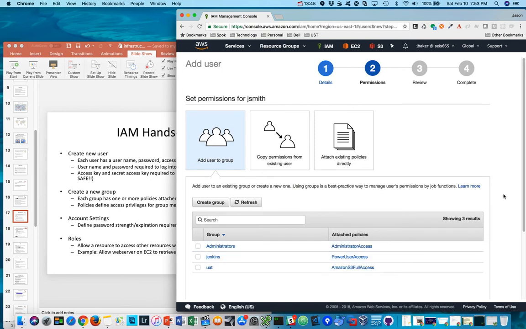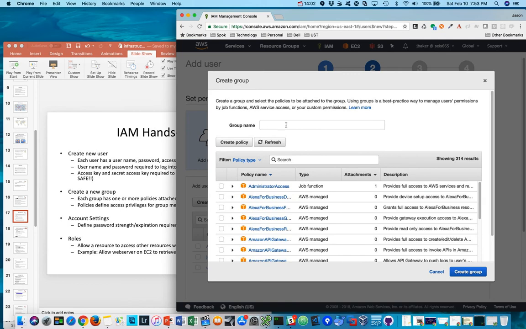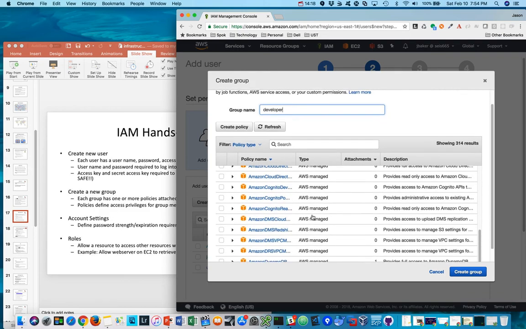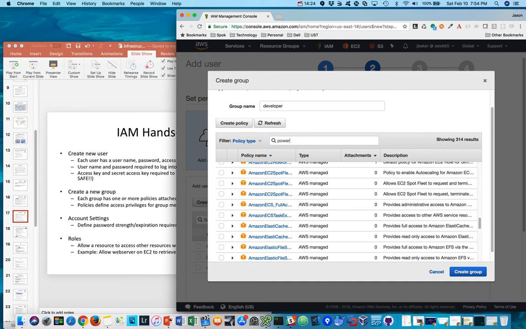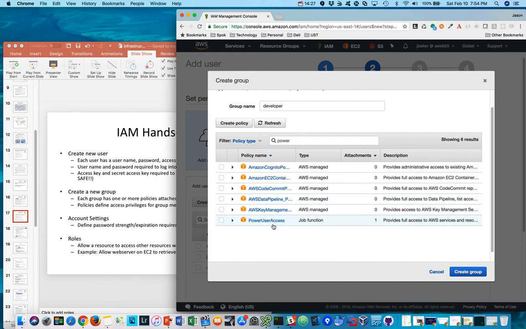Next, I can add this user to a group on the system. In this case, I'm going to go ahead and create a new group. I'm going to pretend that this person is a developer. So I'm going to create a developer group, and I'm going to associate a policy with this group. In this case, I'm going to give them what's called power user access,